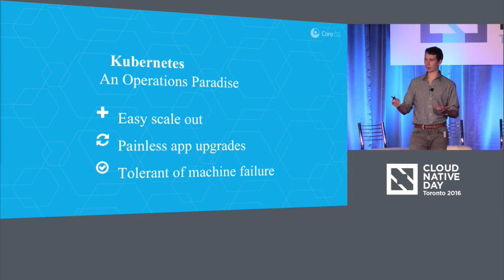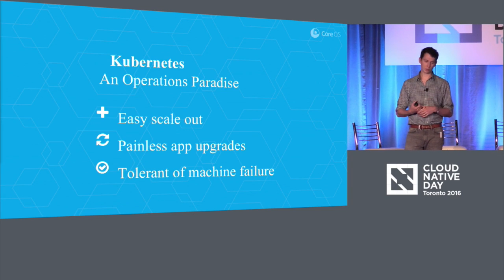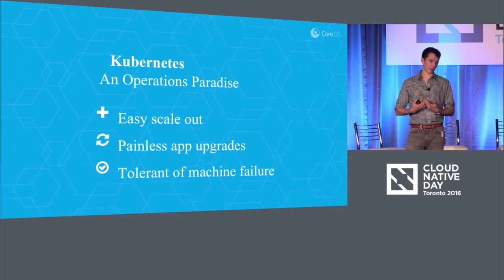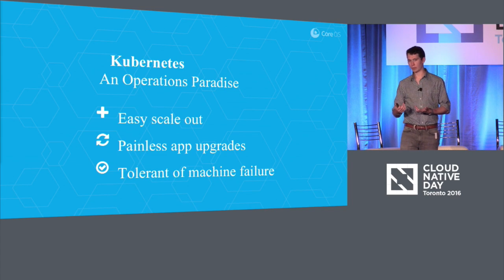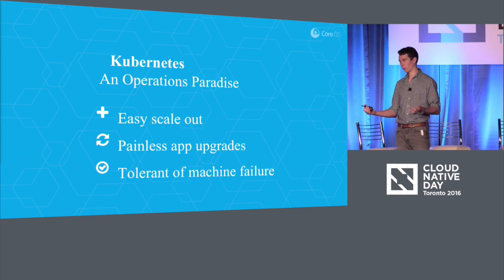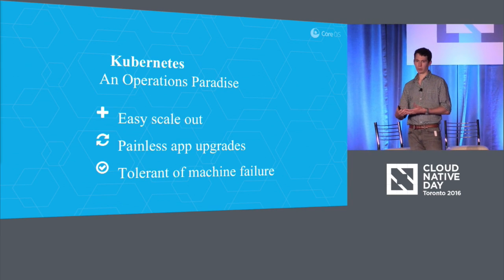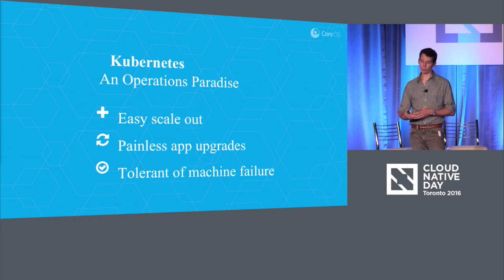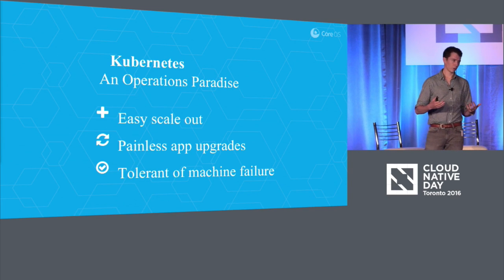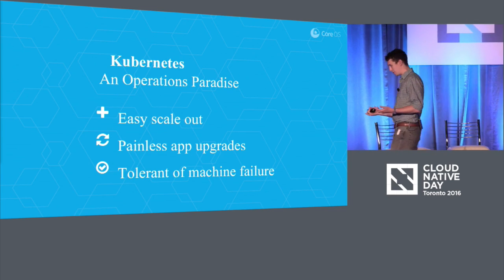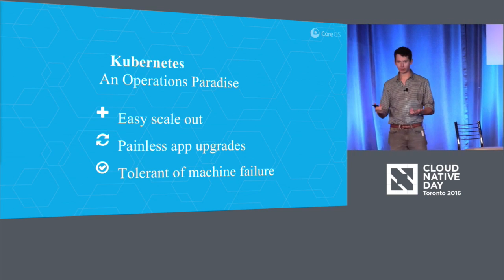And we talk about it as sort of an operations paradise. The things that it's promising are the things that operations teams and engineering teams have been pursuing and often pursue when they're thinking about deploying an application. It's the dream that as the business requires more of the application, they're able to easily scale it out without having to redesign or replan the infrastructure that they built for it. Being able to deploy new code when they find out inevitably that there's a security vulnerability in some package that they've chosen,